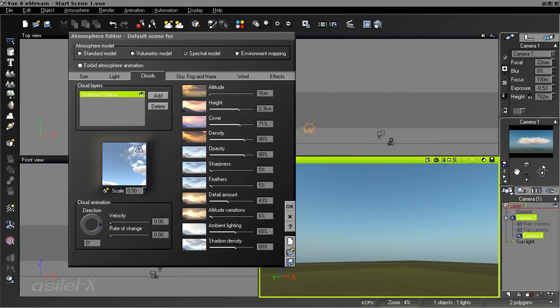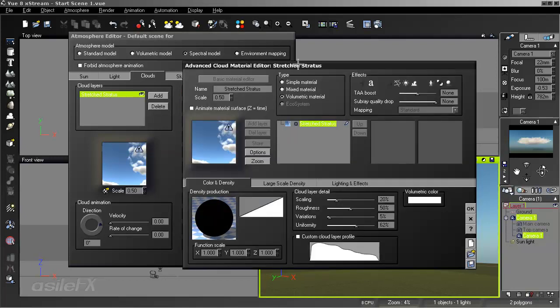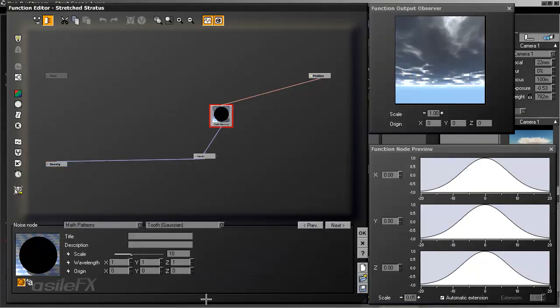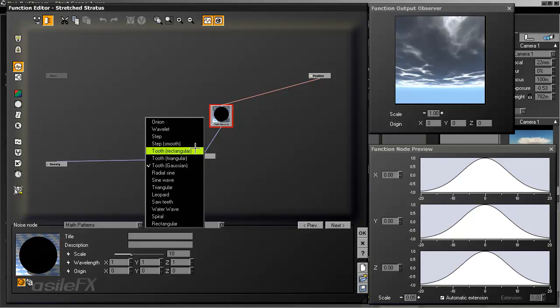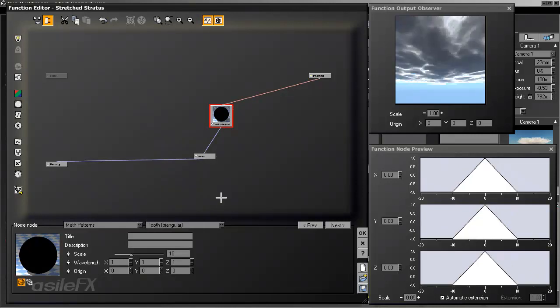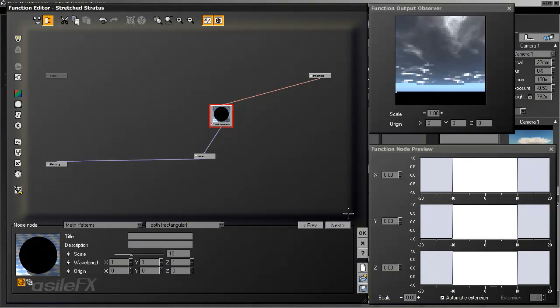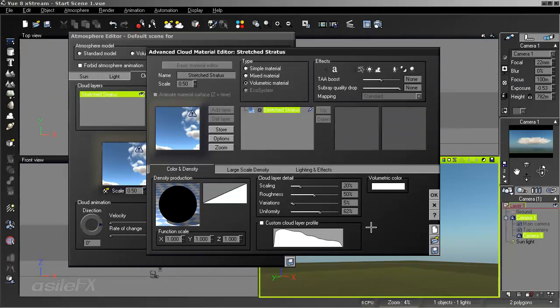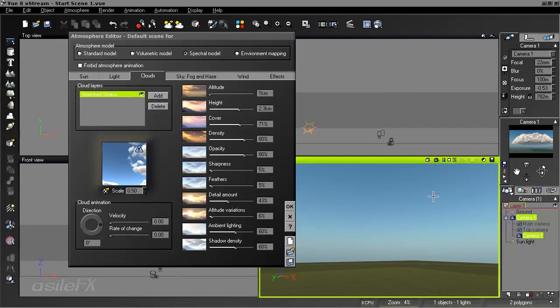Now, the fuzzier edges we're seeing of the cloud are caused by the density production, because the Gaussian is a Gaussian noise that has a huge fall off around the edges. If we use one of the other settings, let's go ahead and change it to rectangular. This is going to give us a huge cutoff. There's going to be minimal amount of density around the edges, so we're just basically dealing with full density and no density at all,